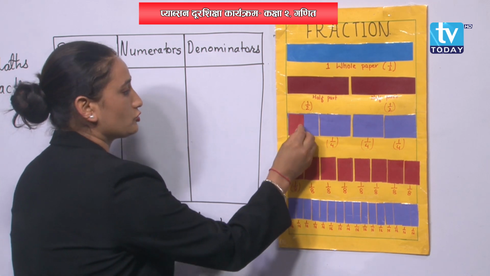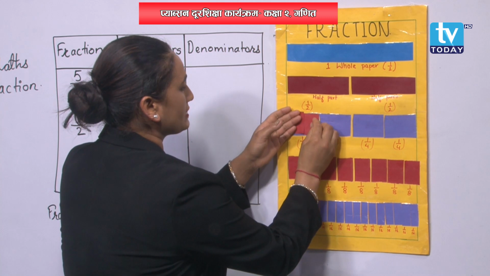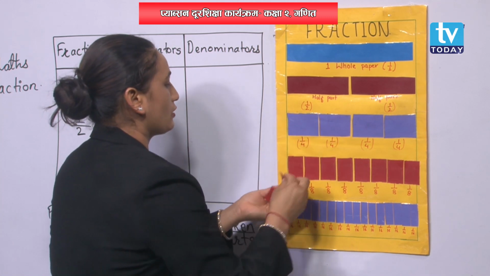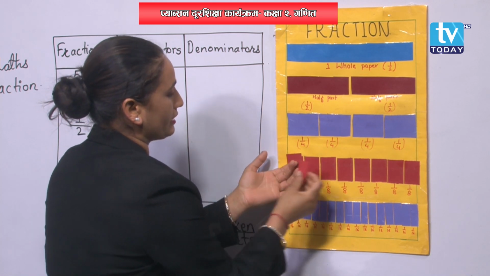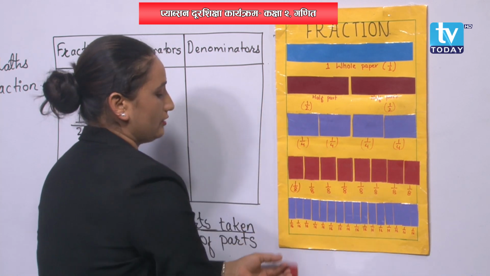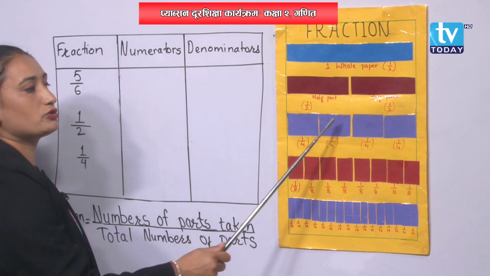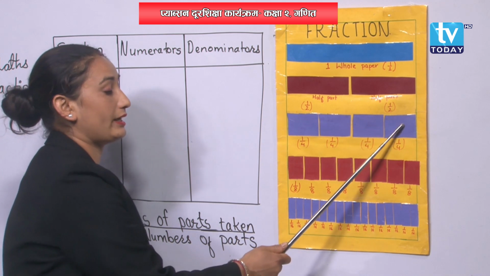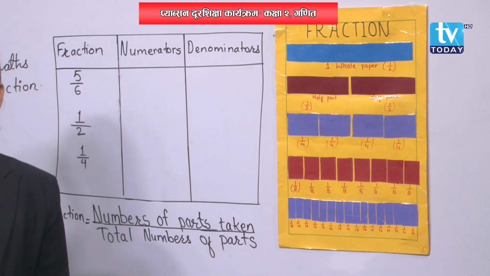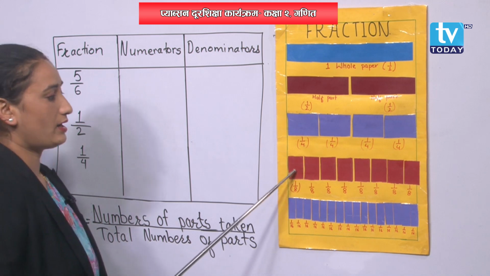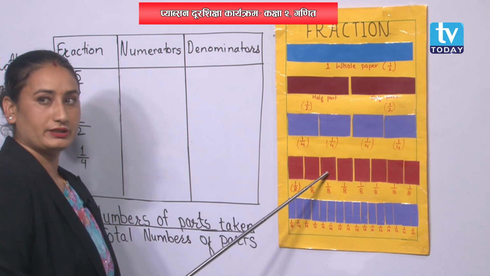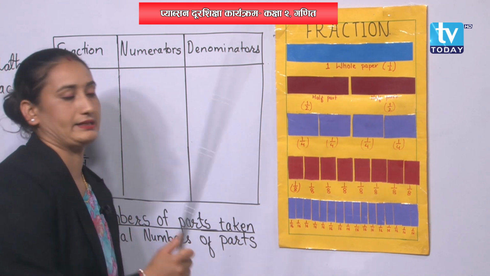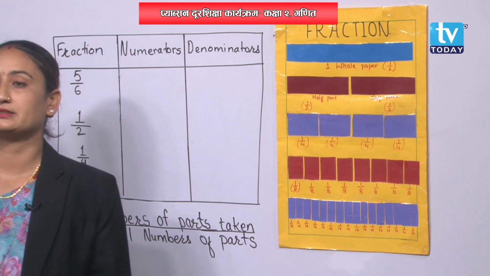Okay. If I cut into 2 parts, see here, okay. If I cut this paper into 2 halves, can you see? It's equal, right? So, one will be here and another will be here, like this way. Altogether, I have got 2, 2, 4, 4 plus 2, 6, 6 plus 2, 8. Let's count whether it is exactly 8 or not, okay. 1, 2, 3, 4, 5, 6, 7, 8. Done? Good.